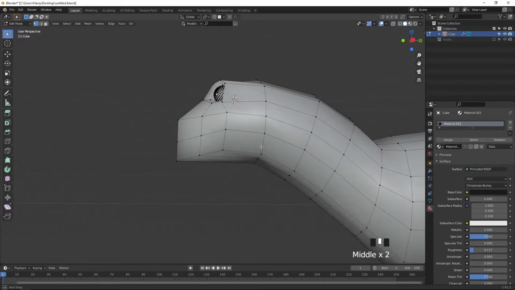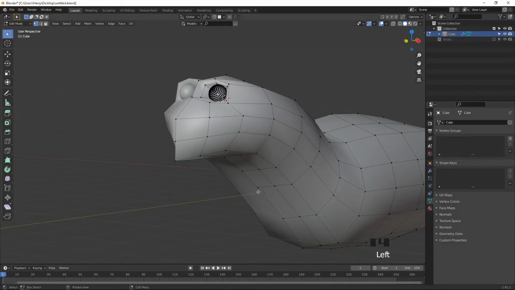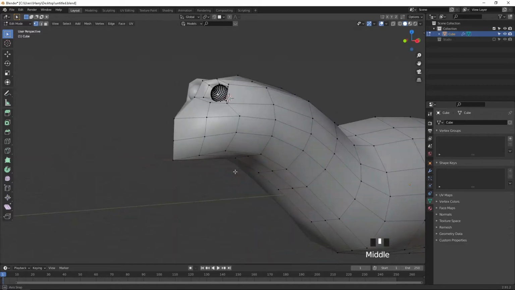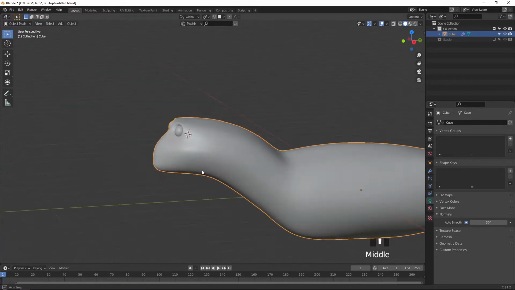So here, the next thing is, you can see it's a black option. Instead of that, you can go to this triangle shape, go to the normals and select auto smooth. So now it looks fine.